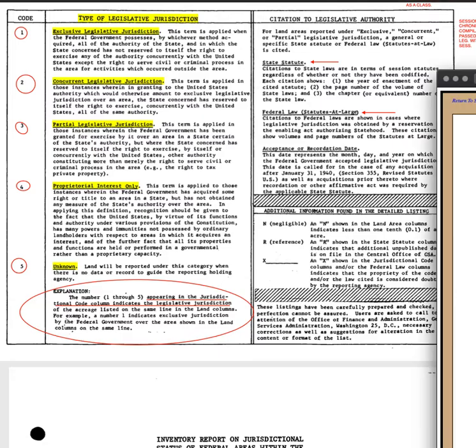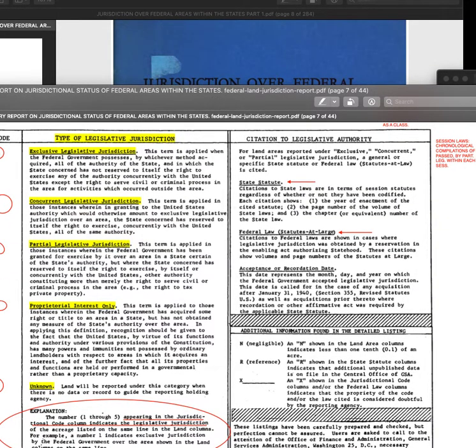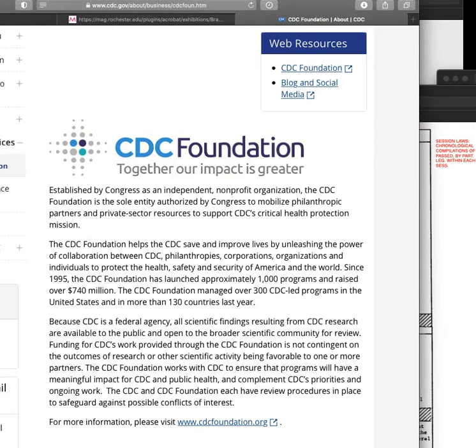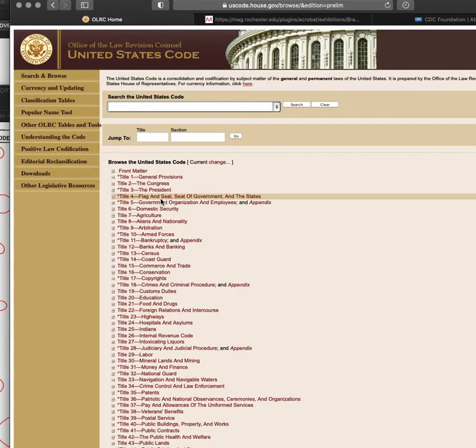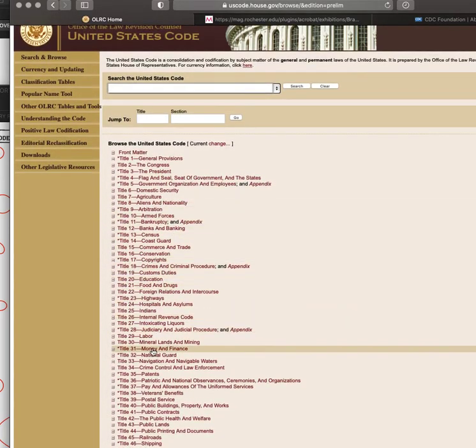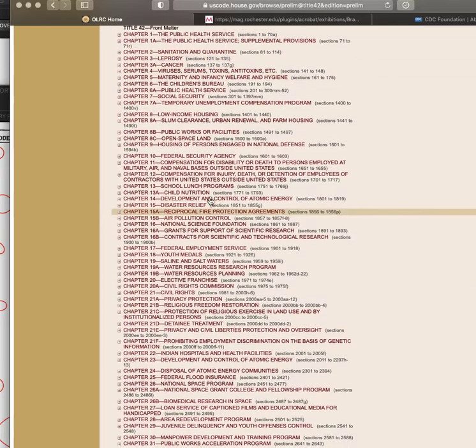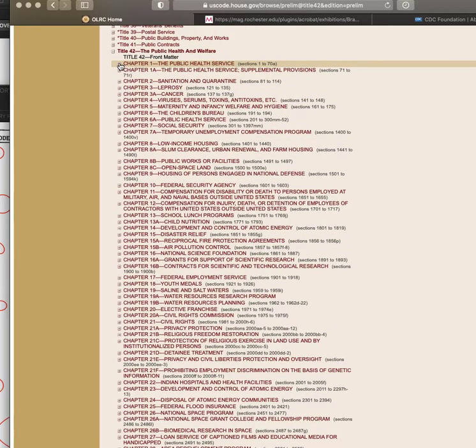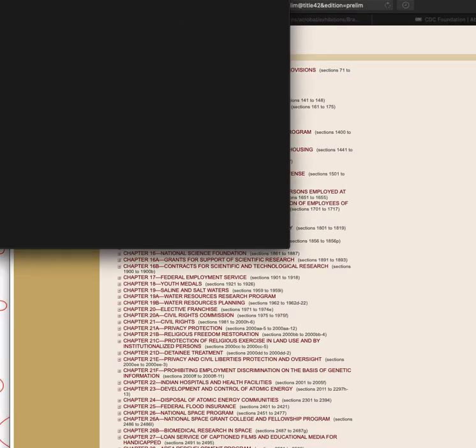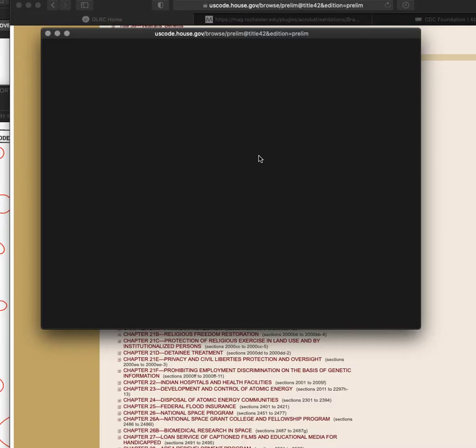Let's see, where's my internet? All right, let's go back here. Public health and welfare. It's not a positive law. Public health services. A lot of times when the federal government is talking of public health and what it can do, it's talking about what it can do on the federal lands. The public health. The public is, depending on how they talk about public, they're talking about just federal officers and employees.